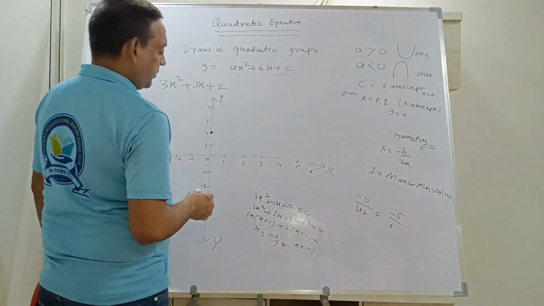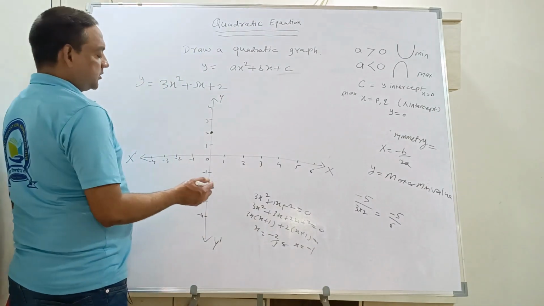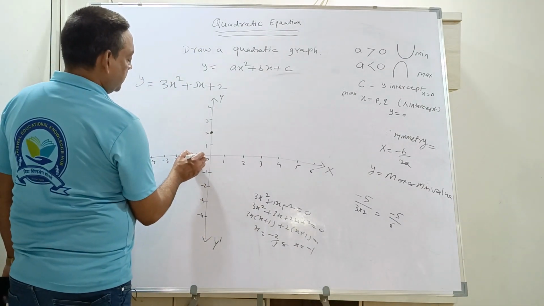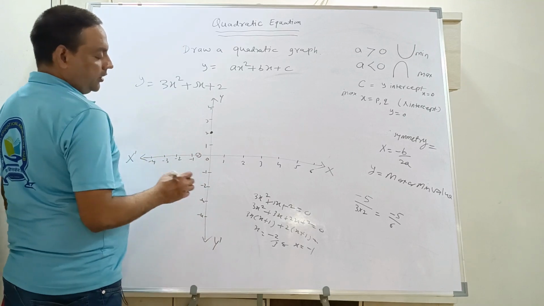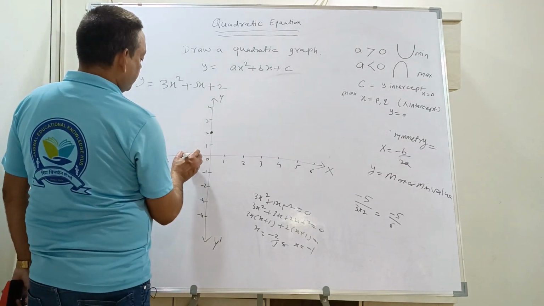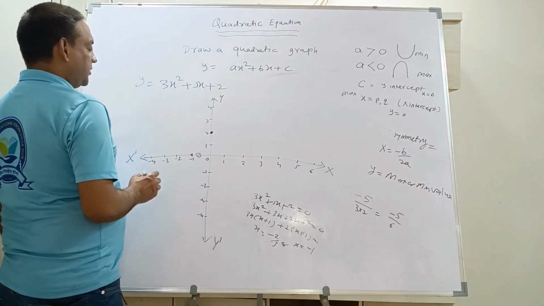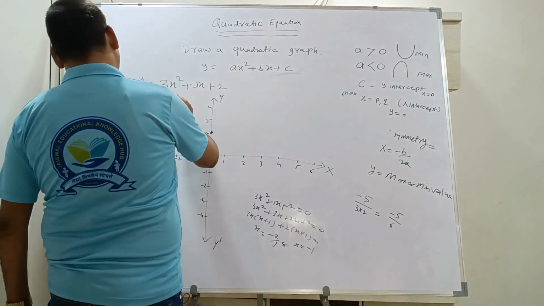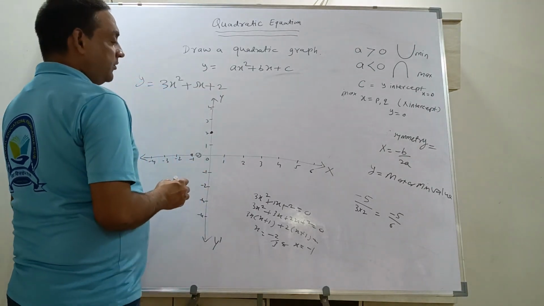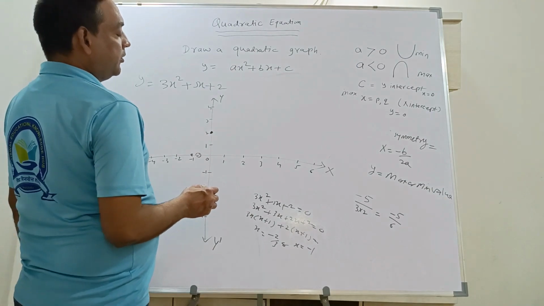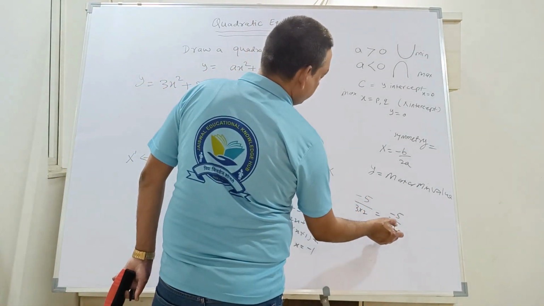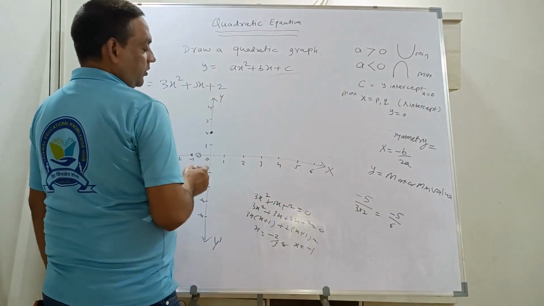Okay, so x is equal to minus 2 upon 3, so that is about minus 0.66, that will be somewhere here. This is one point, and x is equal to minus 1 will be this point. Okay, so that means the graph will be coming like this. Now we have to find out the minimum value. So what will the minimum value be? You have to substitute the minus 5 upon 6 in the original equation.